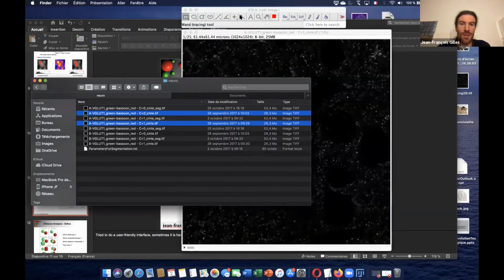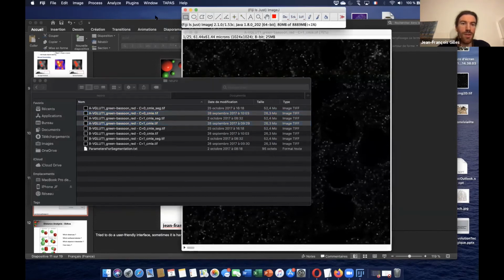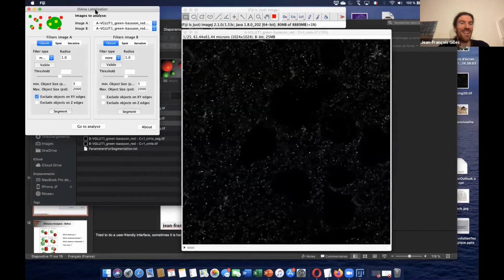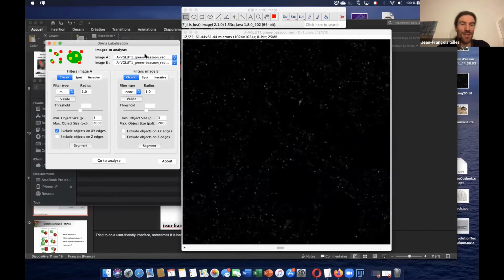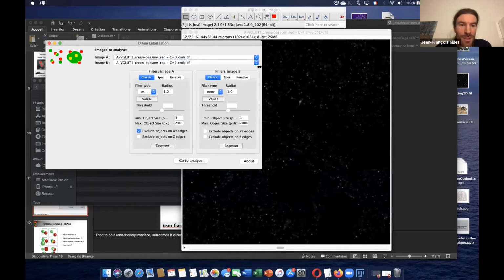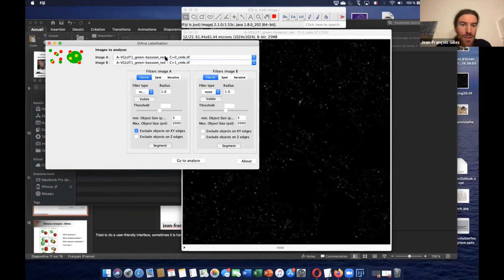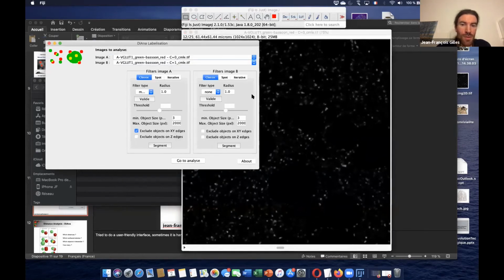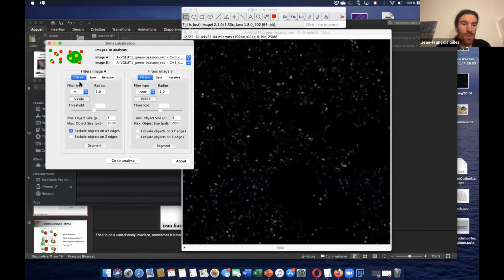Let's try again. I hope it works. Yes, great. So there are the two images, and you just select which one you want to use. There are the three segmentation methods I just spoke about before.